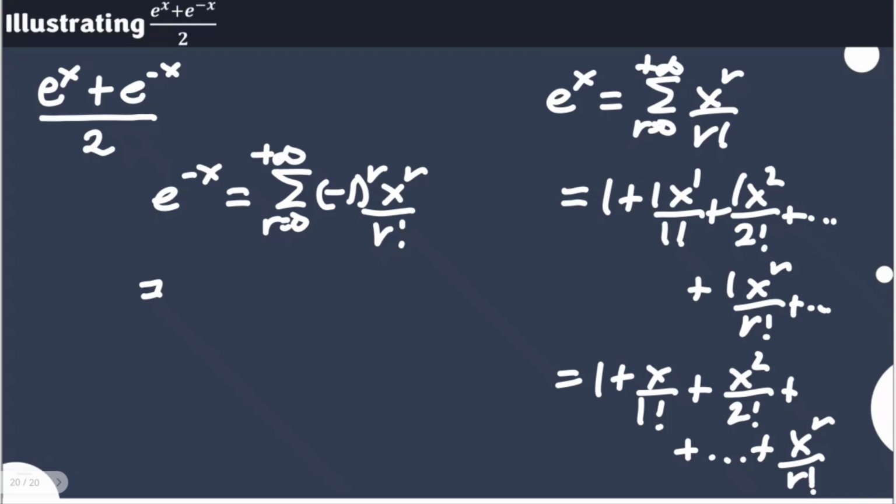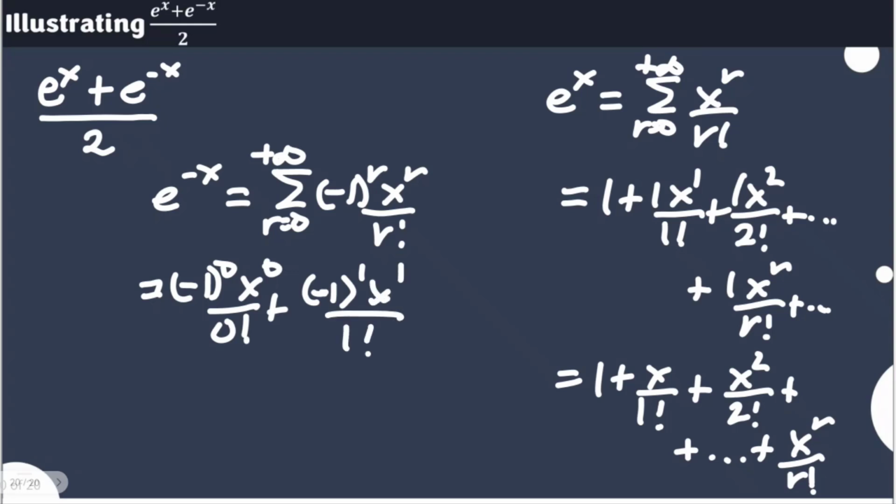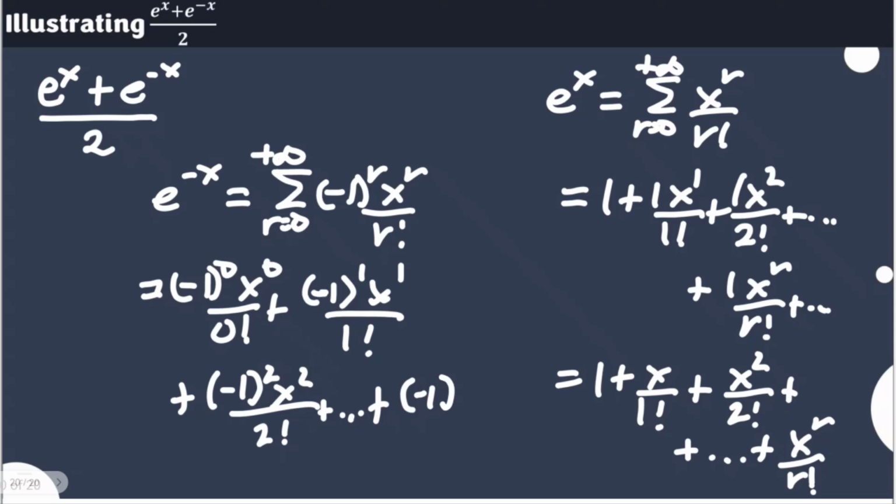So we'll have here for the first term negative 1 raised to 0, x to the power of 0 over 0 factorial, plus negative 1 raised to 1, x to the power of 1 over 1 factorial, plus negative 1 squared, x squared over 2 factorial, until you reach negative 1 raised to r, x to the power of r over r factorial,